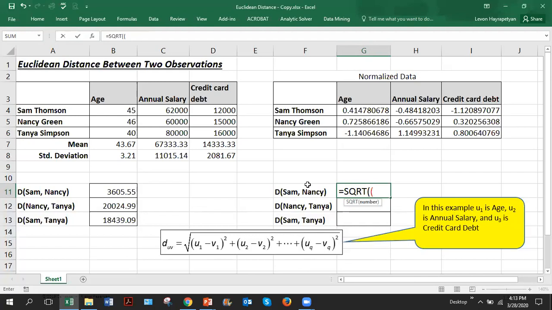I'm calculating between Sam and Nancy, which means I will use the first two rows. This minus this squared, plus this minus this squared, plus for the third one, minus